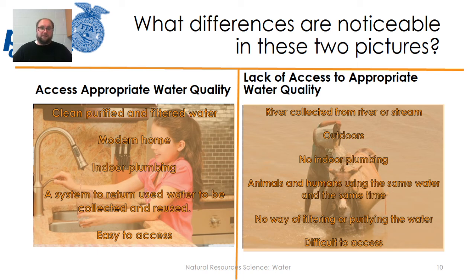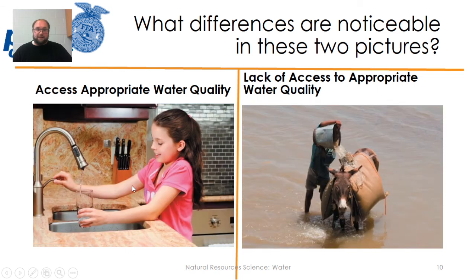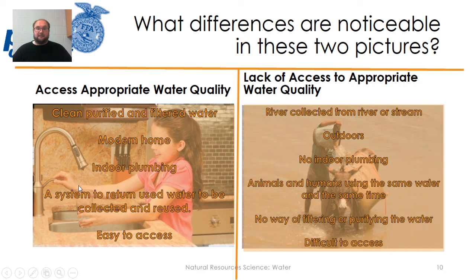So, which individual do you think has the better quality of life? The one on the left or the one on the right? Guys, there are millions of people all over the world who deal with water quality in this situation. Whether it's collecting it from a well or collecting it from a river or a stream, their water isn't the same quality that we have here. Even across the United States, our water systems are not equal.